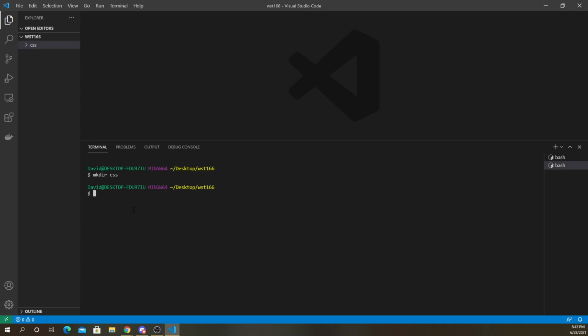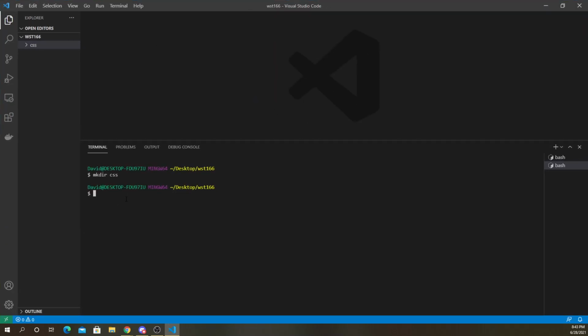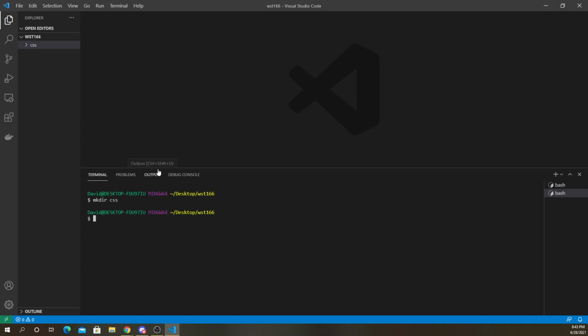So we'll look at some common commands that you can use to, say, create a folder or create a file, copy stuff, navigate through folders, open things. So this is the terminal that we've got open in VS Code.